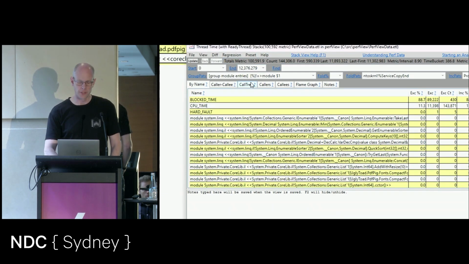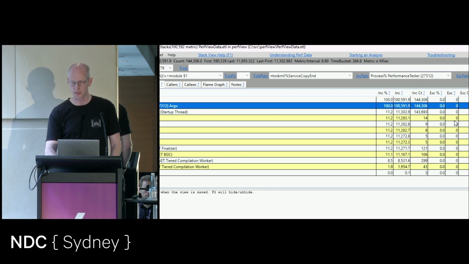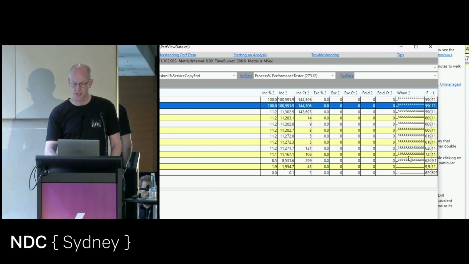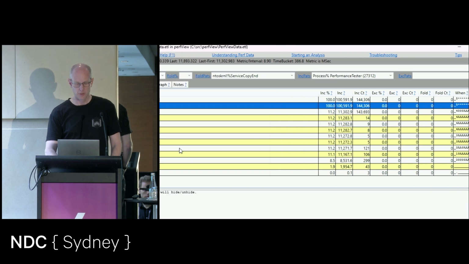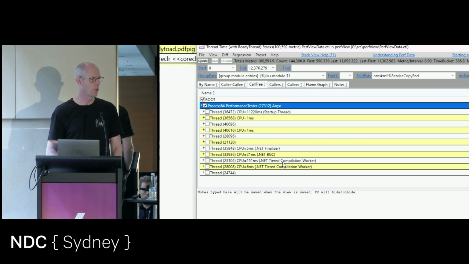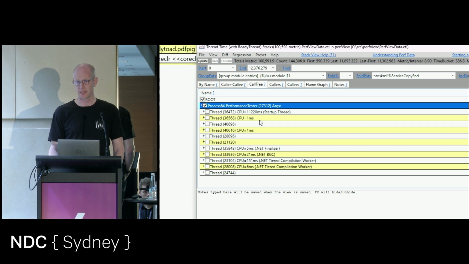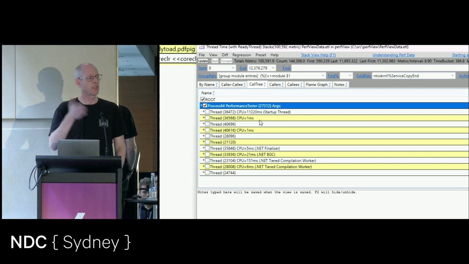If I go back to the call tree, what I see is I have a startup thread and then 10 other threads that have been created by .NET as part of running the process. And if I come across to the right, I can see time is spent on all these, mostly. But what have we got? We've got the background garbage collector, we've got the JIT doing its thing, the tiered compilation workers, JIT stage 1 and 2. We've got the .NET finalizer, probably releasing the file handle that I created. And then a bunch of other threads that have done a grand total of 1 millisecond of time and almost no processing at all. So if I make those somehow more available, it's not going to help. These threads are blocked because they've got nothing to do,